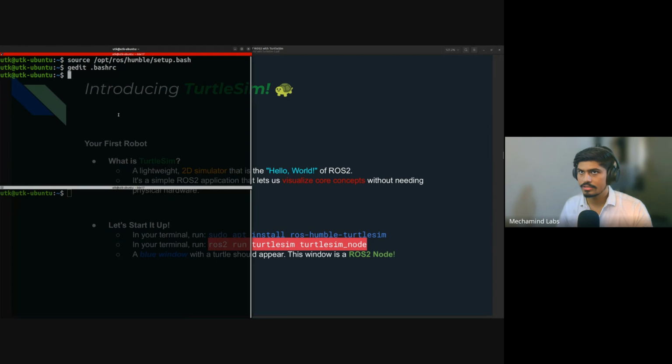So let's see what is Turtlesim exactly. I'll just paste it. So what are we doing here? We are running, what is this? Turtlesim is the package in which the Turtlesim node is present. We will be looking at it as we move ahead. You'll get a clear understanding of it. Right now I'm just running it. If I press enter,